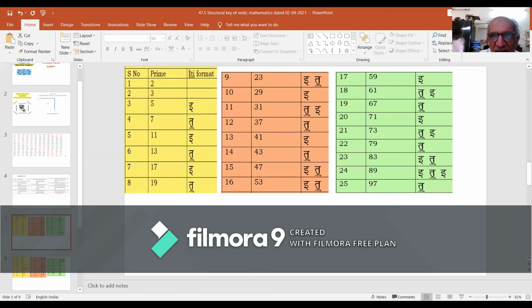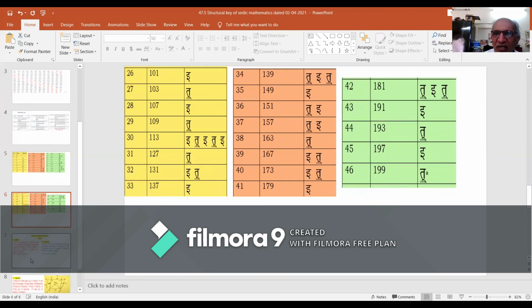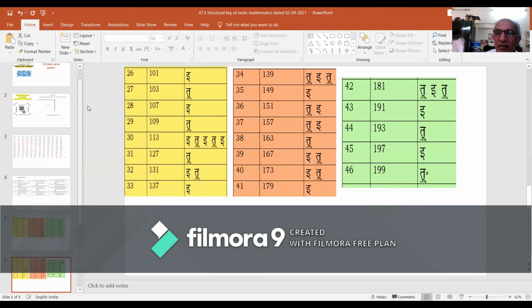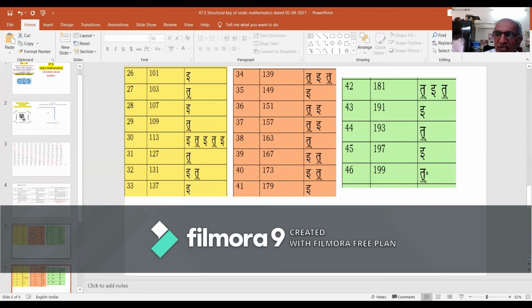We maintain the sequence from Ta to E, then Ta, and then E from 29 to 31, and see this sequence being maintained right up till the 46th prime, 199, the last prime up till 200. The sequence stands maintained. However, when we proceed ahead,